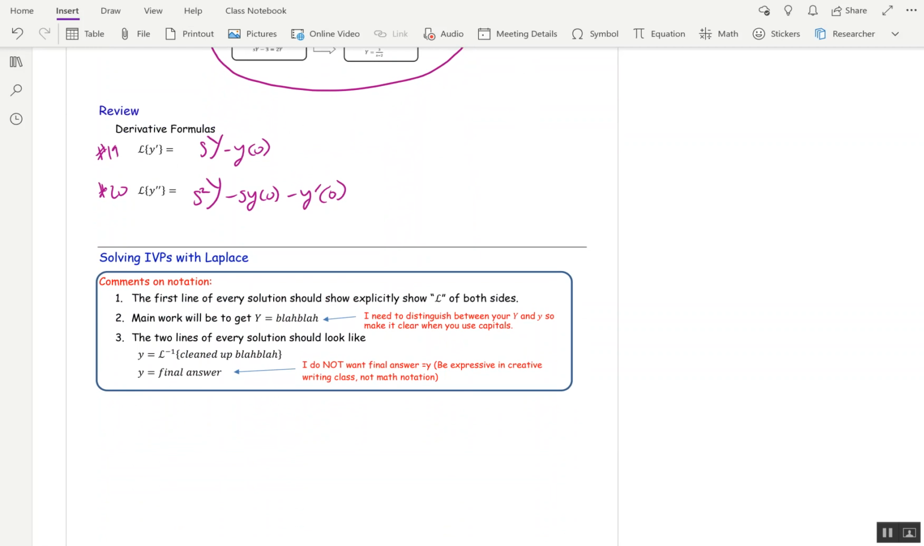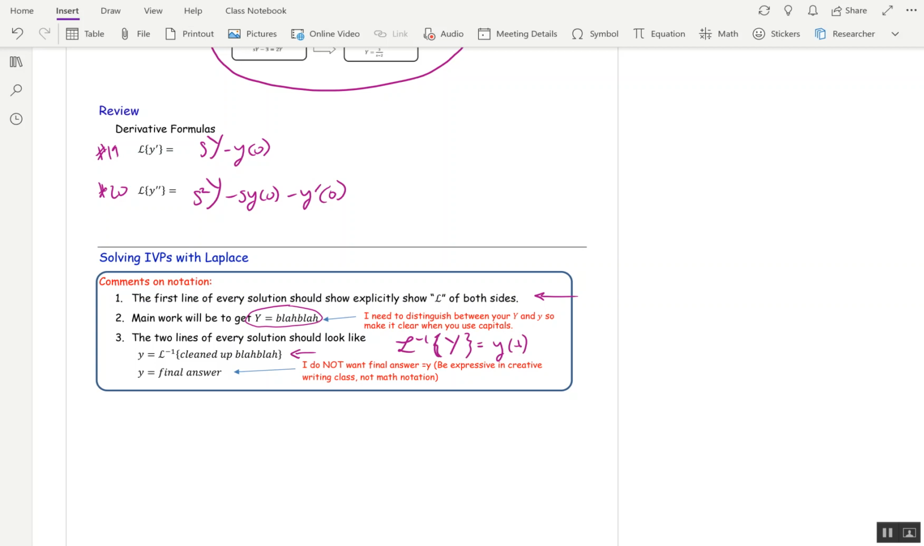today. Every problem needs to start off with taking L of both sides. Then you're going to solve for big Y, and that might take a while, but at some point you should have a line that looks like Y equals some function of S. And make sure I can tell the difference between your little y and your big Y. Then, once you've got big Y cleaned up, you're going to take L inverse of both sides. L inverse of big Y